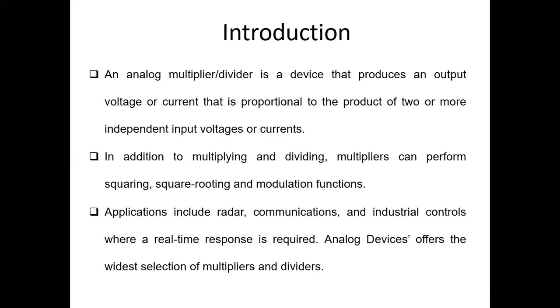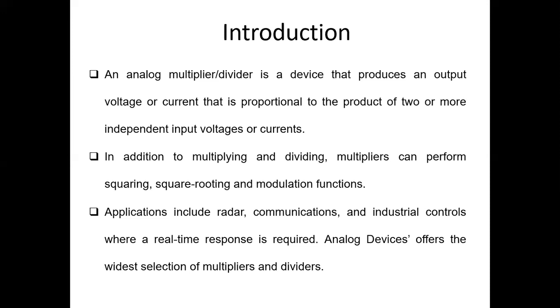So in this unit, we have two parts. One is analog multiplier, another one is PLL, that is phase lock loop. First, analog multipliers. What is an analog multiplier, and the different applications and types of analog multiplier we are going to see in the first part. In the second part, we are going to see about the PLL, what the internal blocks of PLL are, and then the applications of PLL. So let's see analog multiplier.